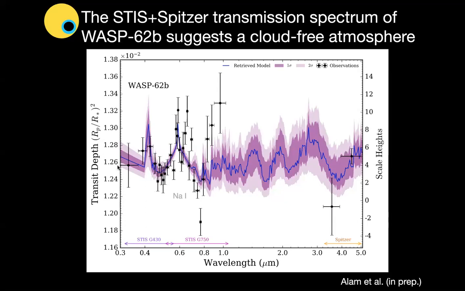Interestingly, the retrievals also pick up this little bump at around 0.4 microns, which could tentatively be evidence of silicon hydride, or SiH, which I'll talk more about later. We also see some pretty large scatter in the red part of the spectrum, and the retrievals show some non-significant detections of water, ammonia, and iron hydride,